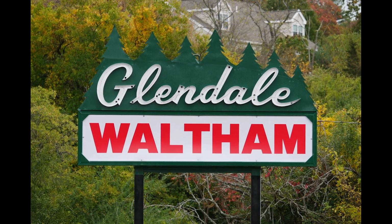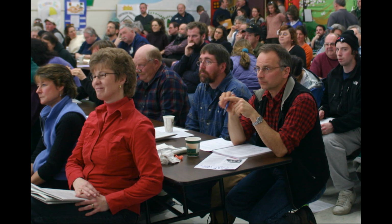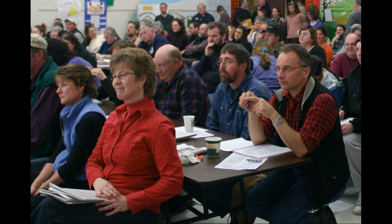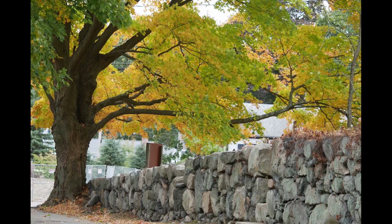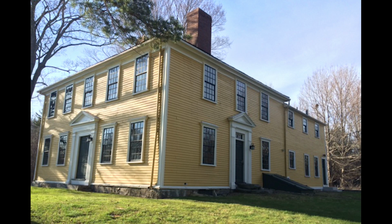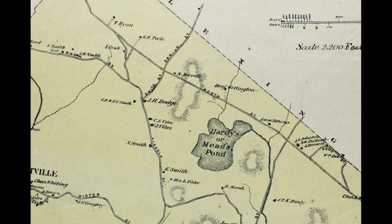In 2015, the residents of the Glenmeadow East, Eastview Park, and Snow Ridge neighborhoods that I represent in Ward 3 in Waltham gathered to discuss the future of the wooded expanse of 6 acres along Trapelo Road, adjacent to the historic William Wellington House at 775 Trapelo Road. The Wellington House was built in 1776, and the land that looks so wooded was actually farmed for hundreds